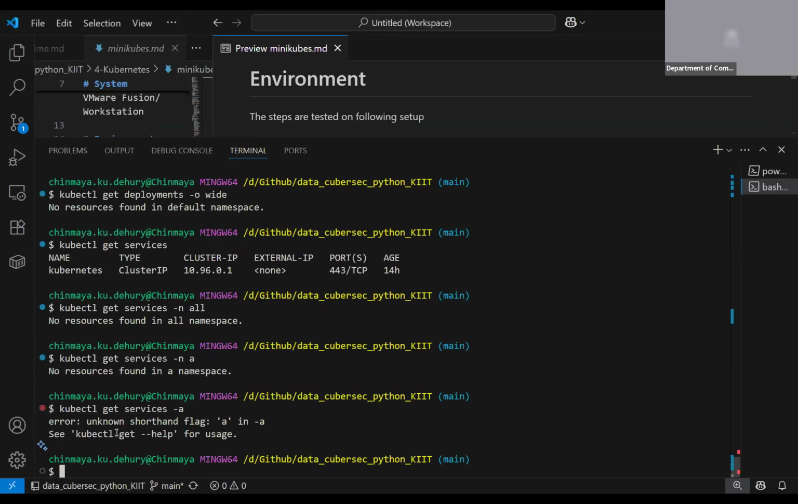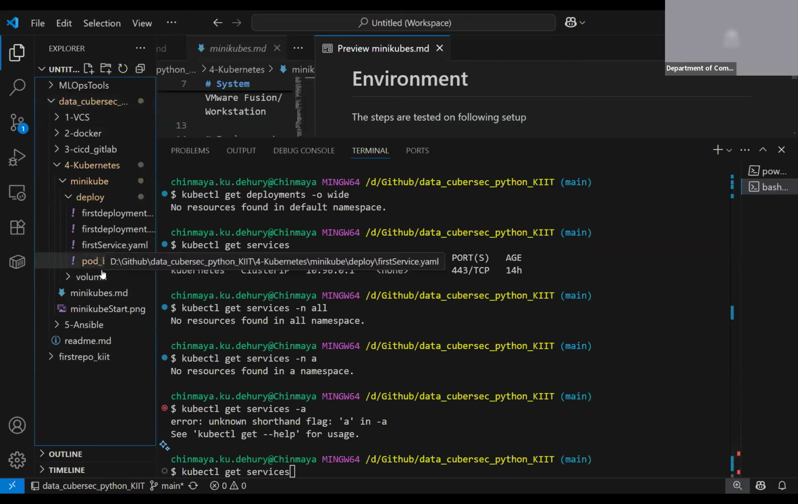Guess it's A. Okay, there is some flag which will allow you to query all the services, all the ports in all the different namespaces. But anyway, now the question arises: how can you deploy something, how to create a pod? For that, what you can do is,